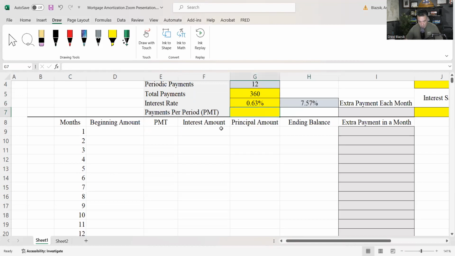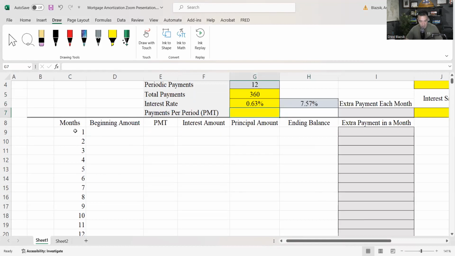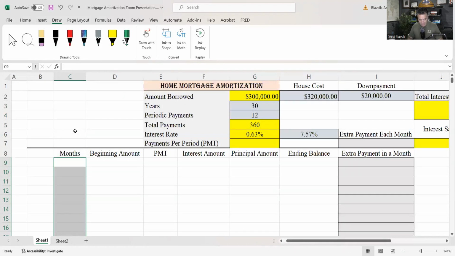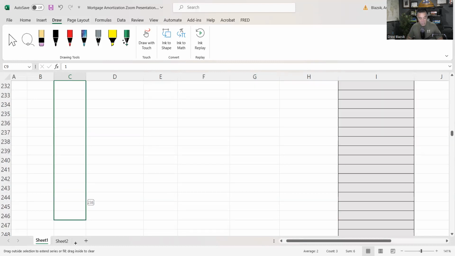Okay, so what I already did, and let me just show this real quick, is if I hit Control Shift, I can highlight all that. I'm going to delete that and show you what I did. I want the months spelled out: the first month, the second, the third. Excel knows patterns, so I'm going to highlight those three, grab that box, and drag it all the way down to